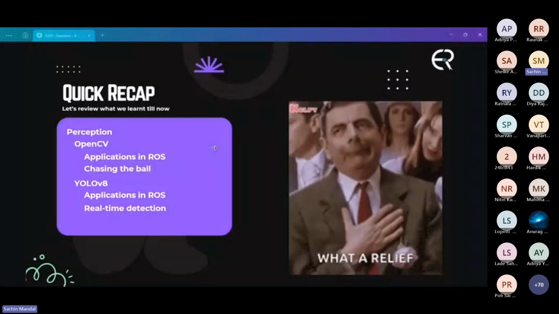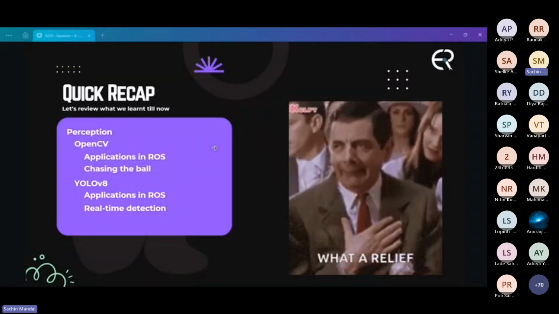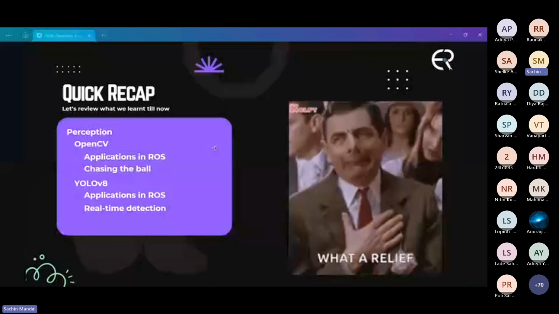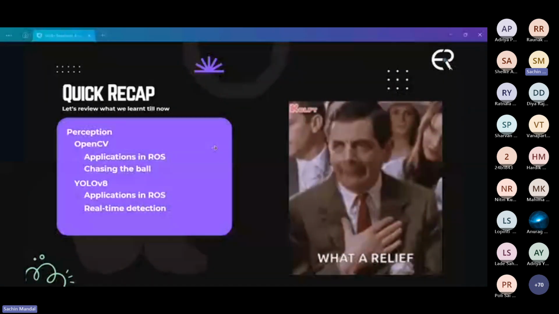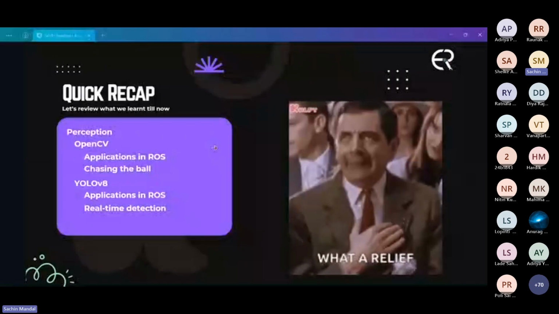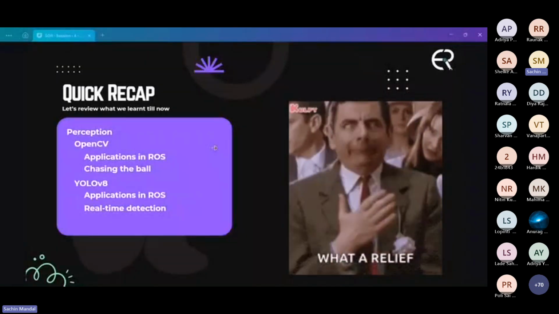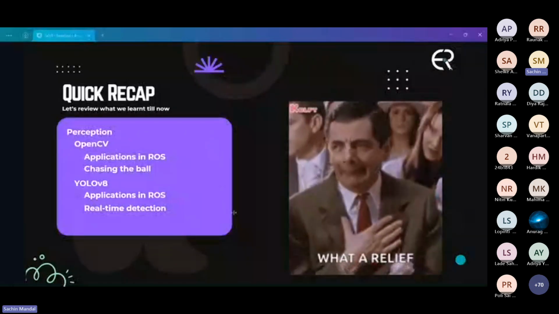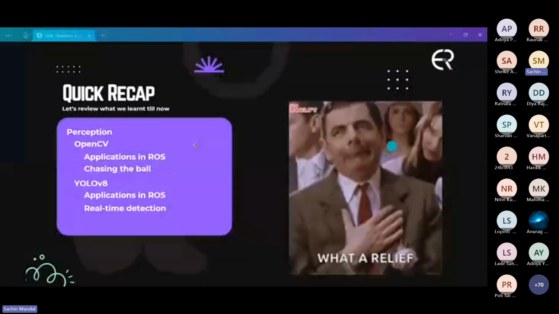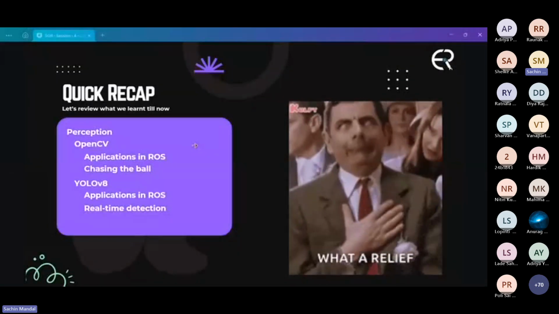Next, we moved beyond simple color detection and introduced YOLO V8, which is a powerful AI model capable of recognizing multiple objects in real time. Finally, we integrated YOLO V8 with ROS, enabling our robot to not just see the world but also understand what's around it. So in summary, we have taken our robot through a complete journey: seeing, tracking, understanding, and that's what modern robotic perception is all about.